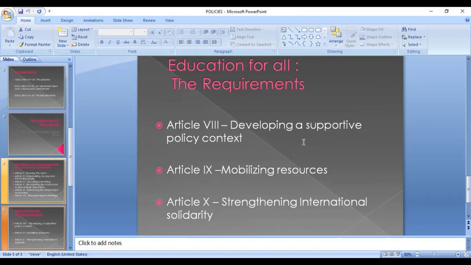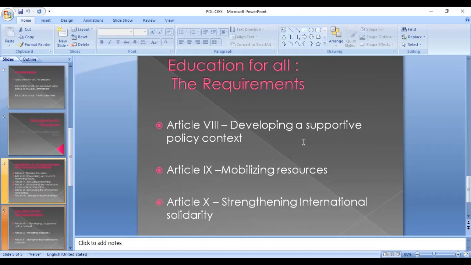Resources, what are they? Financial, the important one, financial resources, physical resources. What are the physical resources? Buildings and compound walls, classrooms, etc. Physical resources. And third one is human resources. What are the human resources? Teachers are the human resources. Teachers and the staff, other staff like attenders. So all these come under the resources. Next one is